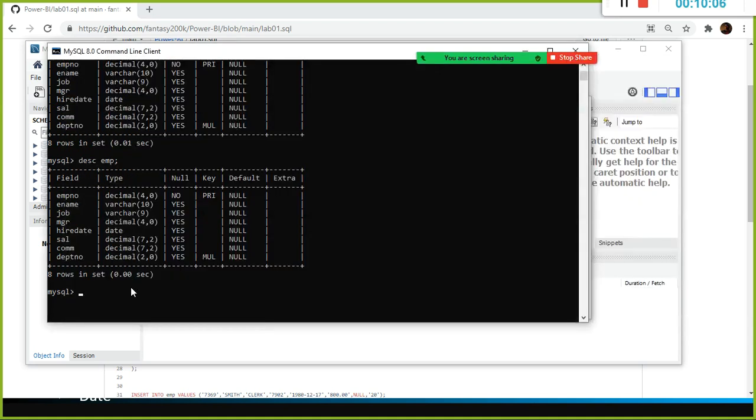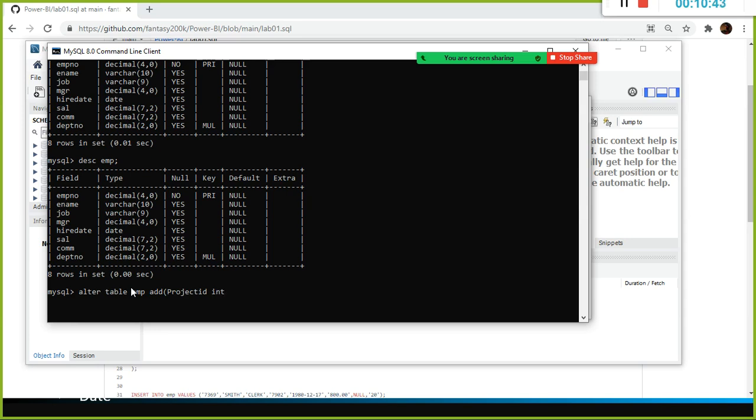Just to demonstrate, I am going to add a new column. After creating the table, some change comes in. So alter table EMP, add project ID, because we are going to have one more table by the name of project. We wanted to know which employees are working in which project. We don't want to store the project details in the same employee table. It can lead to some kind of redundancy. So I am going to say project ID is integer.